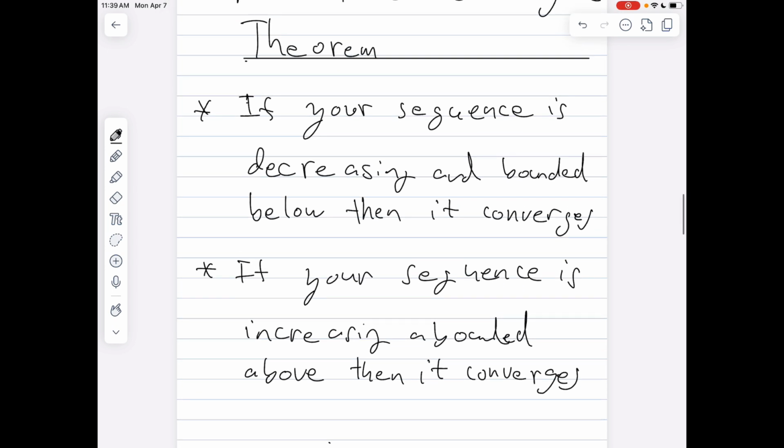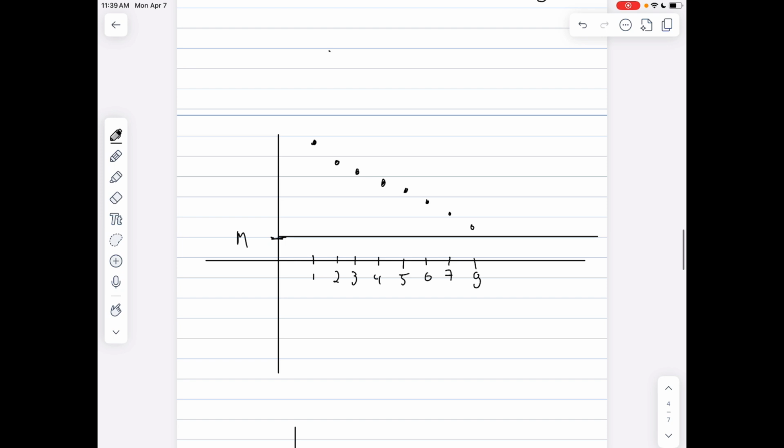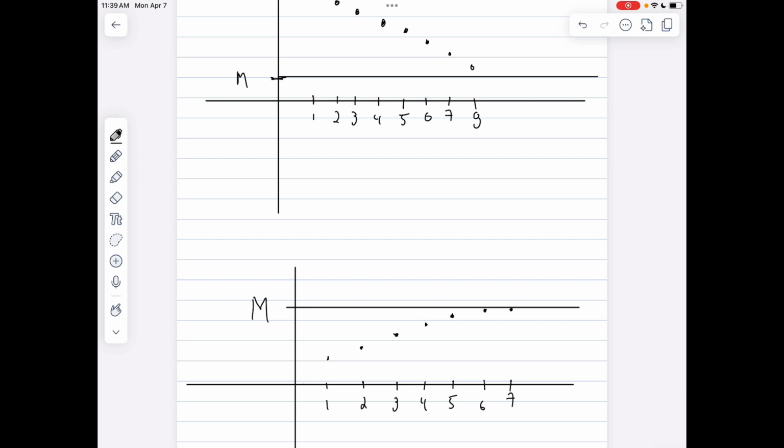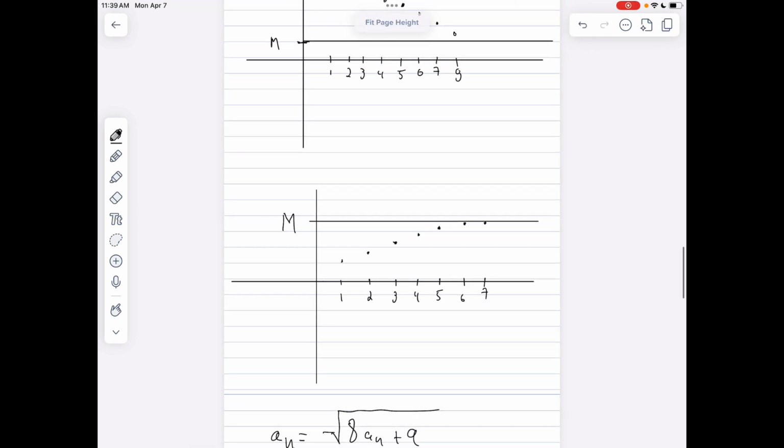Now the word bounded below basically means that all the terms are greater than some number, and the term bounded above means that all your terms are below a number. So for example, this would be an example of something that is decreasing and bounded below. All the terms are greater than some number n, and these are also decreasing. And on the other hand, over here, your terms are increasing with this graph below, and they're all smaller than